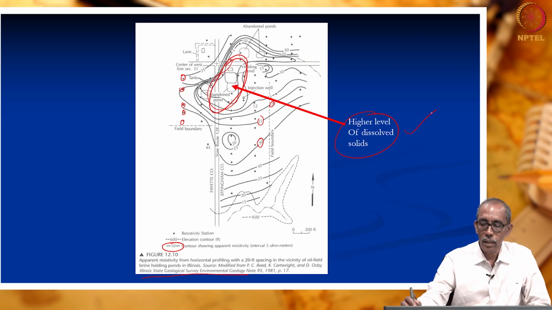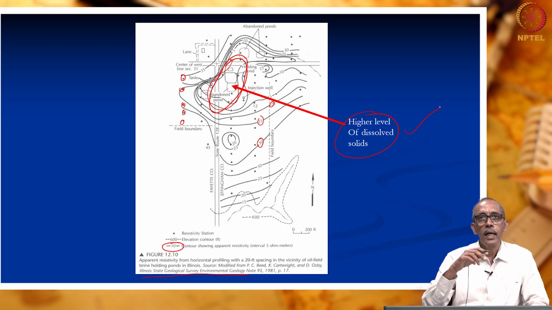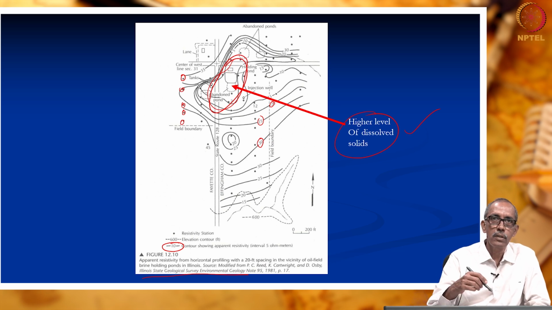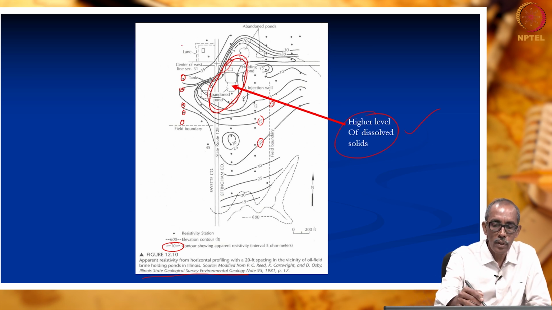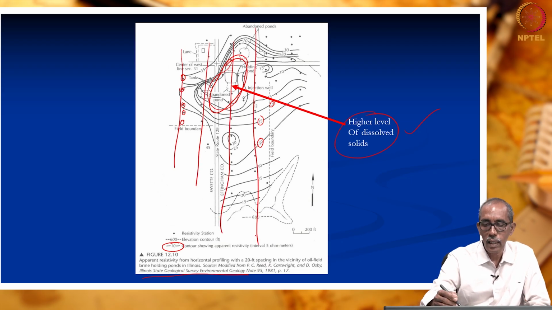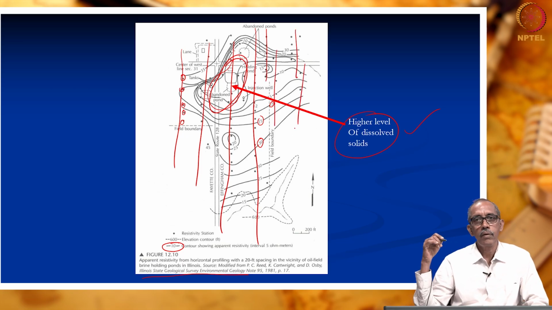So, this is how interpretation has been done by a kind of resistivity tomogram or 3D. Why do we call it 2D or 3D? We have done resistivity sounding at a number of locations along this line, along this line, along this line, as well as here. At all these sites, resistivity survey has been carried out.